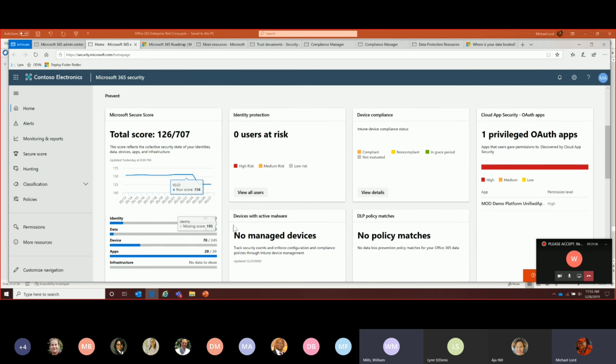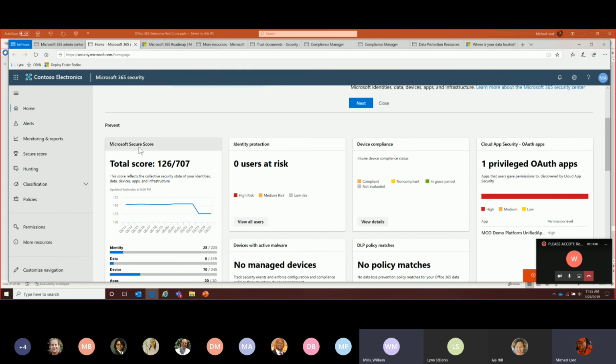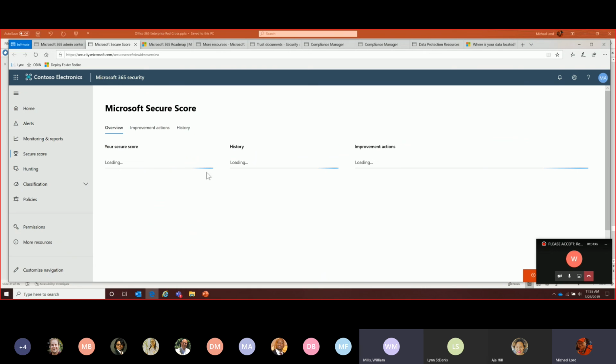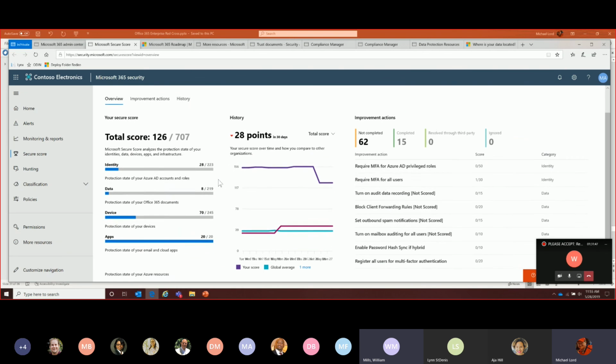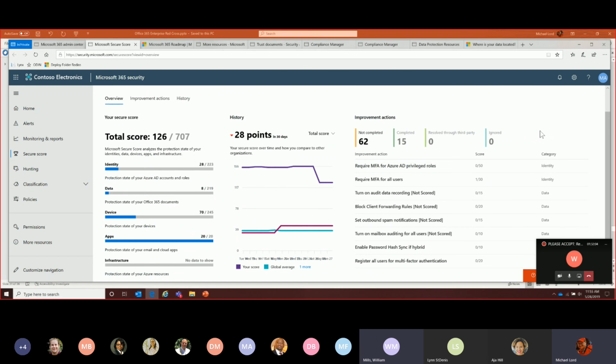Secure Score is basically a report card around your Office 365 environment with recommended improvement actions that are tactical in nature. So we're getting away from, okay, how do I meet NIST? How do I meet ISO? How do I meet HIPAA and HITECH? And you get into more security best practices, like requiring MFA for all privileged roles. So we have those two specific paths.